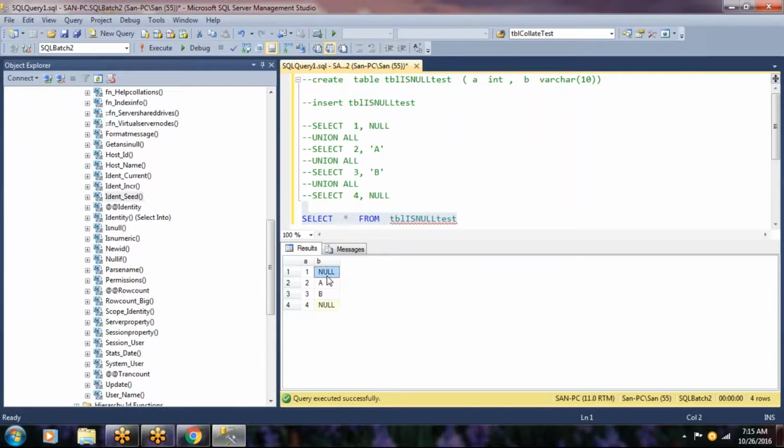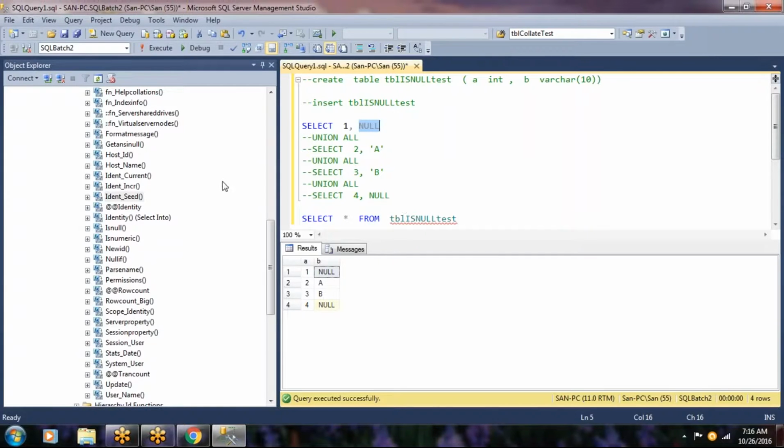But if you insert a value called 'null' like this, then you are inserting a value into the column, which is similar to 'a'. Here the column doesn't have any data, it has nothing. So this is one of the null usages.